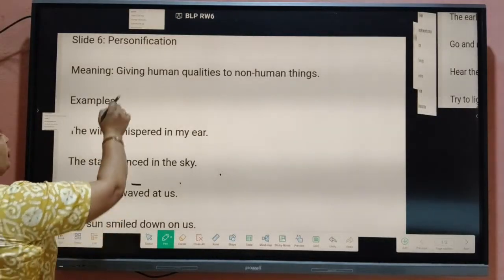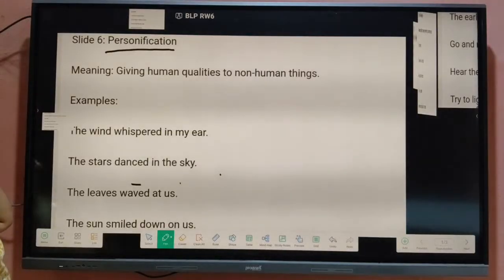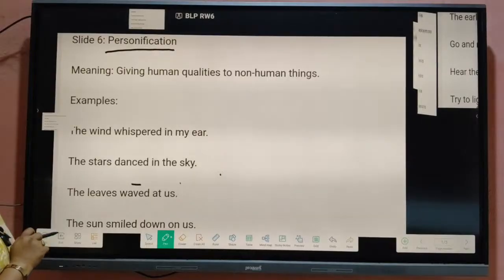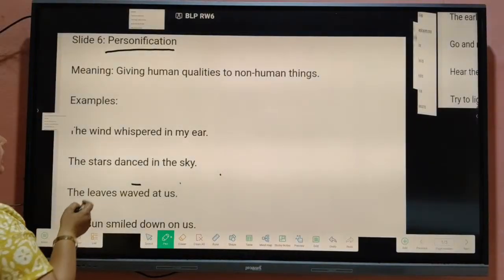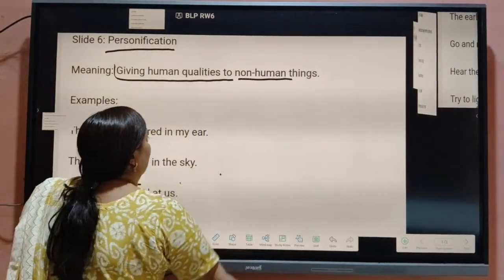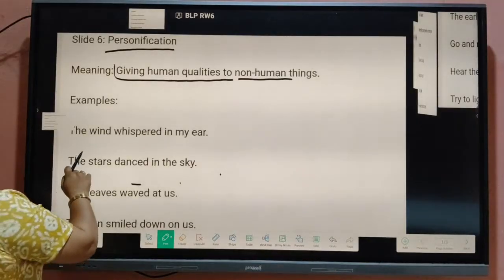Yes, personification. Which figure of speech will we do now? Personification. What is the meaning of personification? When the poet is using personification, we have human qualities given to non-human things. There we will find human qualities in non-human things. For example,